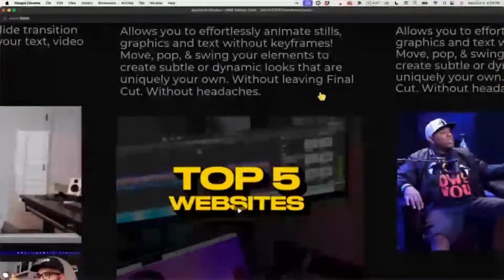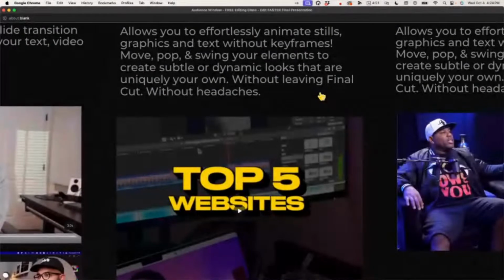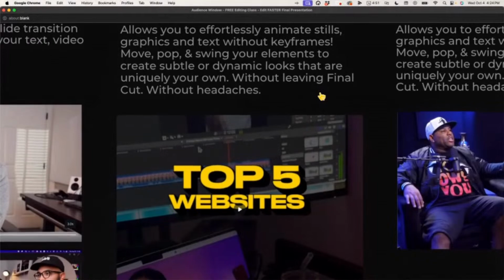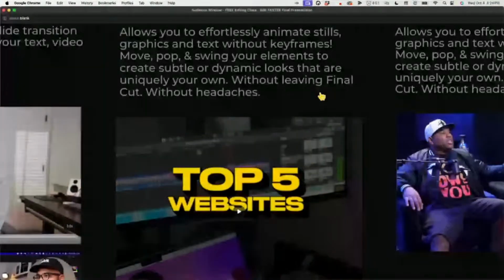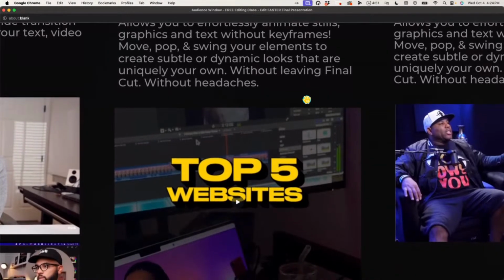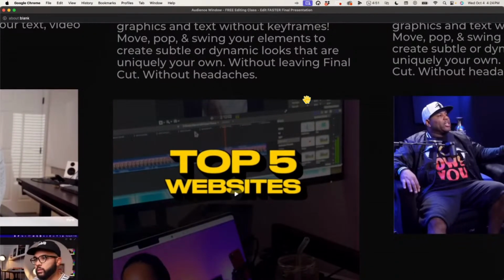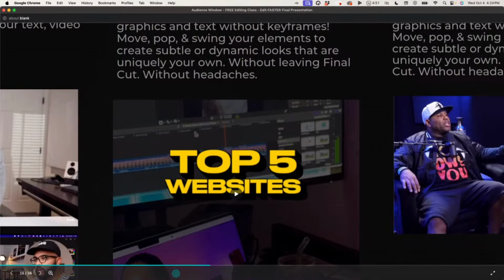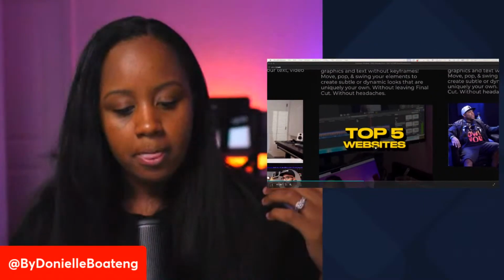This is probably, I don't use it enough, but I tested it today and this thing is crazy. It saves so much time for me to where I am going to start using it so much more, but it pretty much allows you to add motion effects. Normally when you're editing in a lot of these softwares, you have to